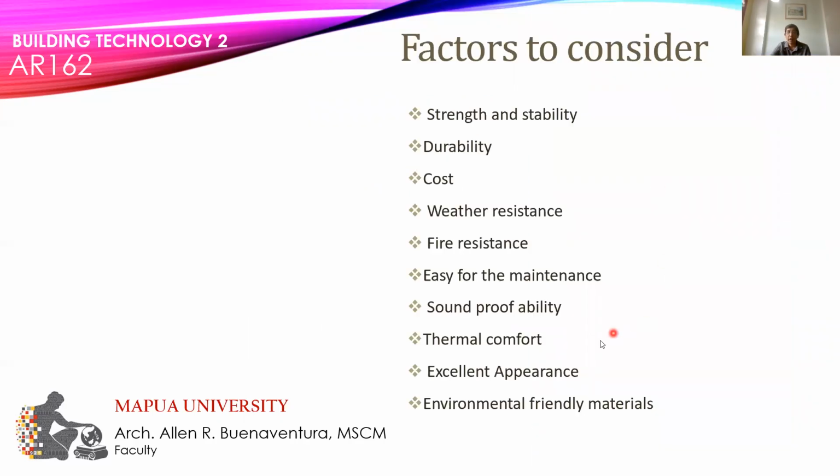Factors to consider when designing a door: you should consider strength and stability, the durability of the material, the cost, and whether it's weather resistant. You need to consider if the door should be weather resistant, and select a proper material or type of door. If you need a door that is fire resistant, you need to make sure that the door has a fire rating. This is one of the things you should consider in designing or putting a door, so make sure the door complies with the fire resistant code.